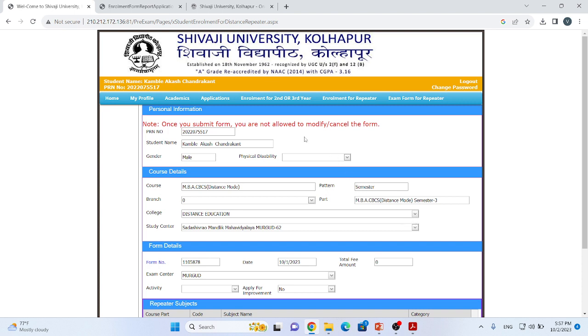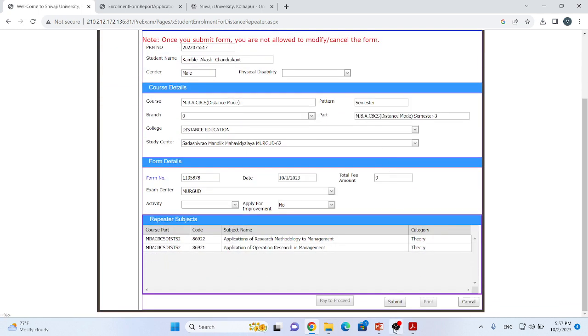It is a similar process to enrollment for second year, which we have just seen. The same process we have to complete for enrollment for repeater and submit here.